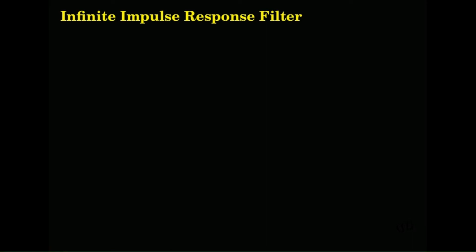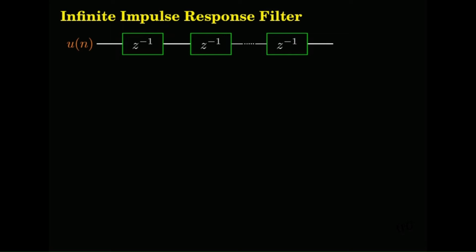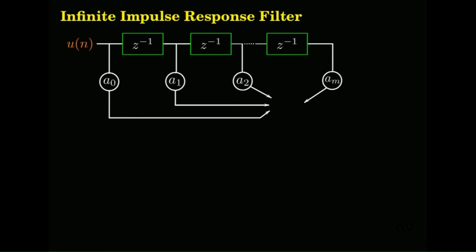So, the infinite impulse response, a much more generalized version of the FIR. FIR is a specific case of this infinite impulse response filter, where all the feedback elements' scaling factors are made 0. So, the structure is like this, same as in the earlier case. You have an input stream. I have a series of unit delay elements, and I am going to tap off, scale them, sum them. This is as far as the FIR portion of the filter is concerned.